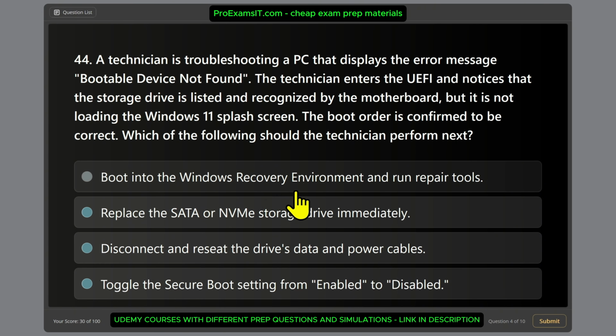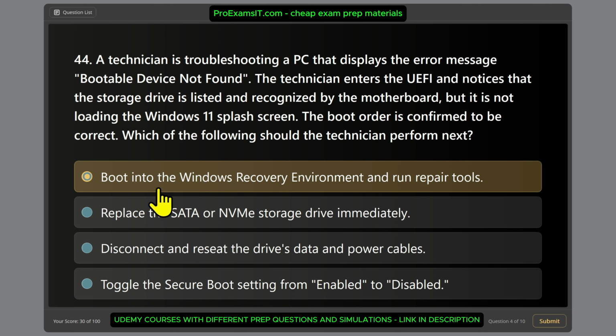Boot into the Windows recovery environment and run repair tools. Replace SATA or NVMe storage drive immediately. Disconnect the receipt. Disconnect and reset the drive's data and power cables, or toggle the secure boot setting from enabled to disabled. And of course, we need to boot after that into the recovery environment and run some kind of repair tools,